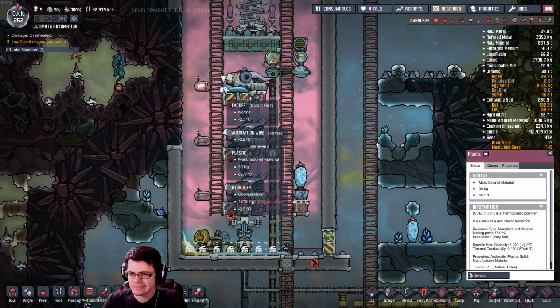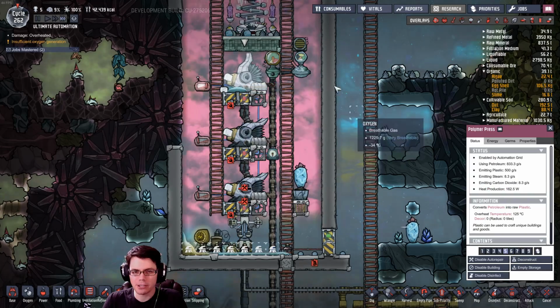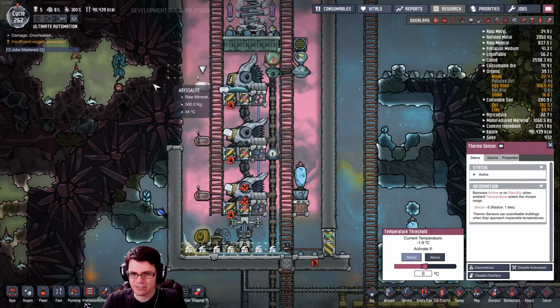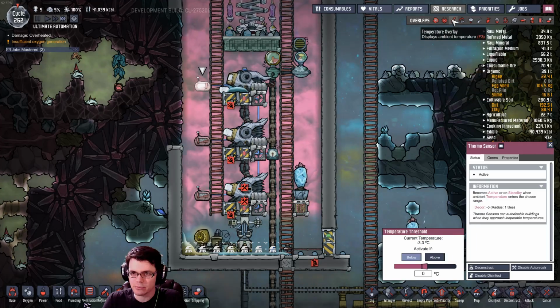Interesting how the temperature of this is just so hot. For the most part, this top polymer press runs continuously, and I've yet to see these other ones turn on, you know, as far as how the temperature is kind of bouncing around here. It does seem to be continuing to get a little bit cooler, but